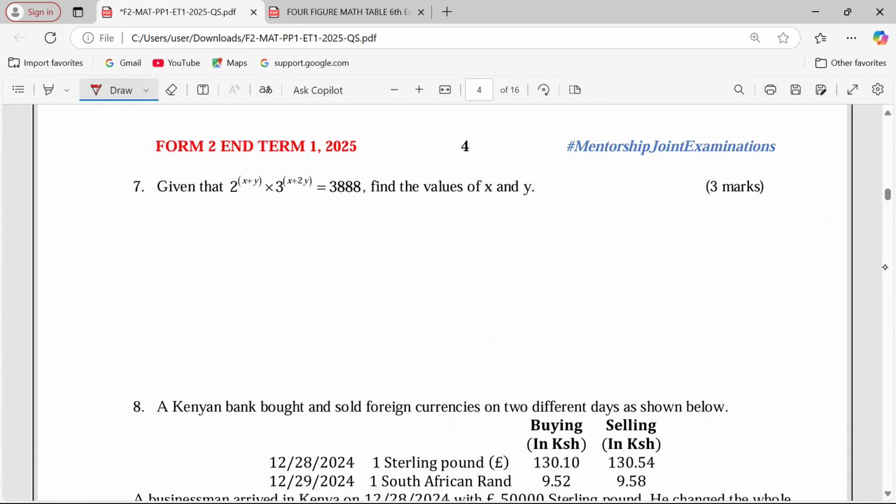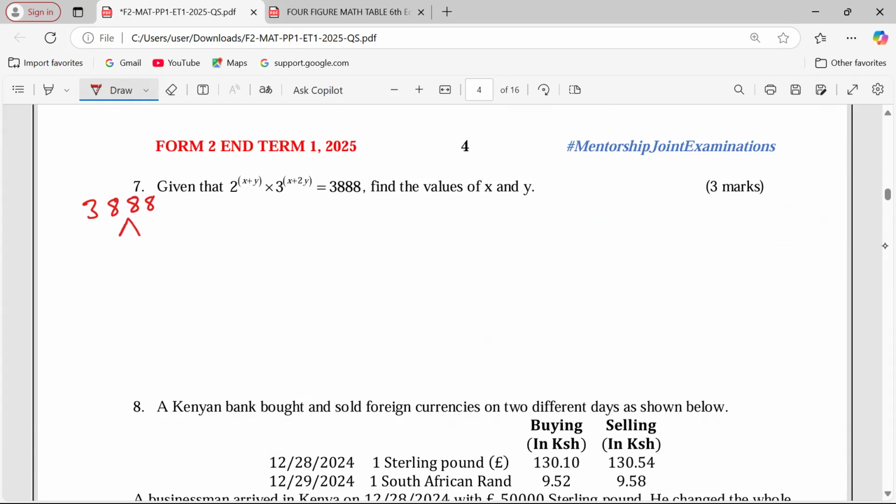So the main thing that we're going to do here is to express the composite number here, which is 3888, into prime factors. And hopefully, the prime factors that we're going to get will be 2 and 3, because they are the ones used on the left-hand side. So let's see, when 3,888 is expressed in terms of its prime factors, what do we get? Therefore, we can express